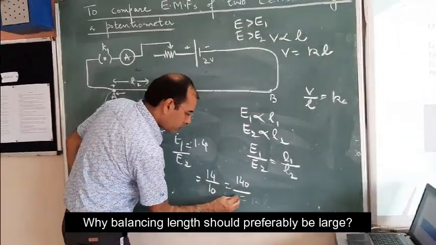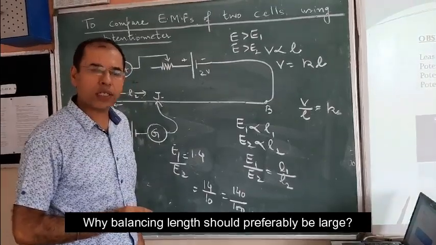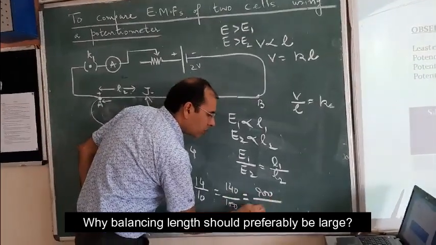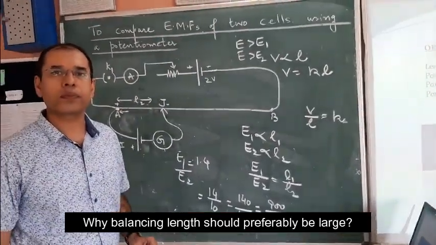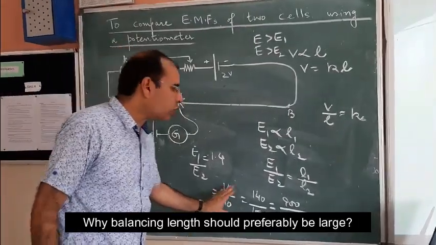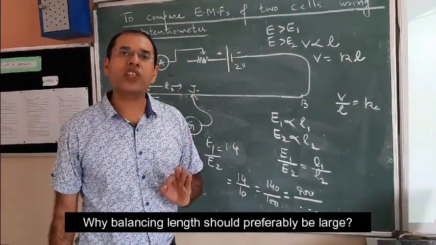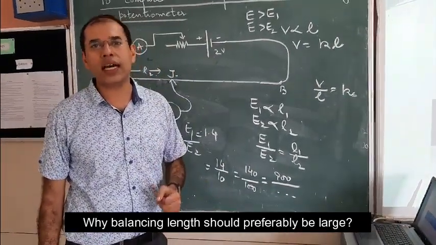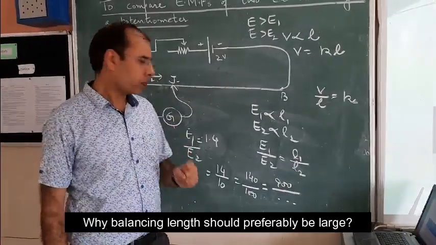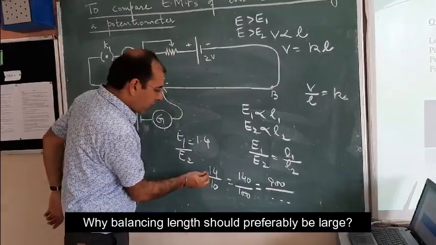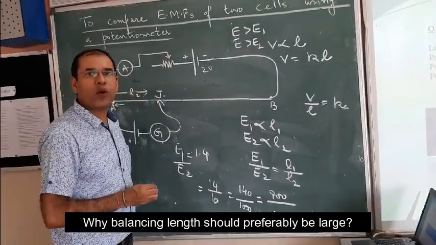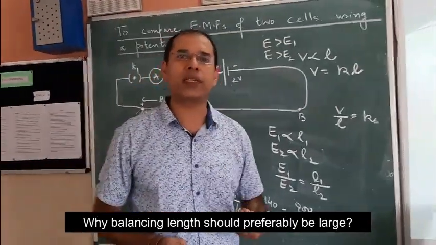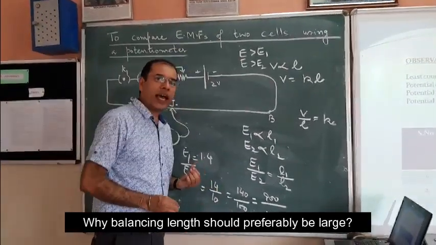140 upon 100 will also give you the same answer. Say 900 upon something will also give you the same answer. Now when the same answer is possible in various ways, why are we saying that L1 should be as large as possible? It should be taken preferably on the last wire of the potentiometer. Why is it so? It is so because if you are trying to find this ratio as 14 upon 10, and while measuring this 14 or 10, you commit a mistake of 1 centimeter and you record it as 13